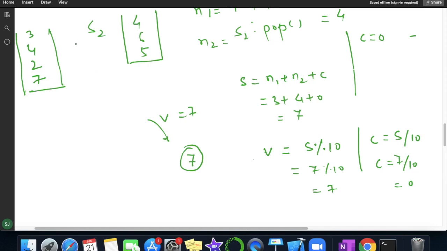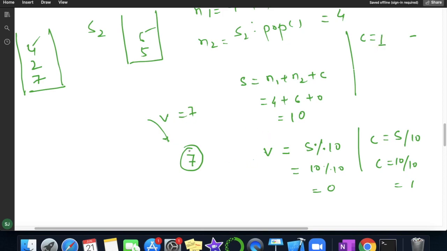Now we are done. Let us pop the next elements. Now 4 and 6 will be popped out. So N1 will have value 4 and N2 will have value 6, and my carry is 0. So I will be getting 10. Now V will be 10 modulo 10, which is 0, and 10 divided by 10 gives 1, so carry will be updated with value 1.